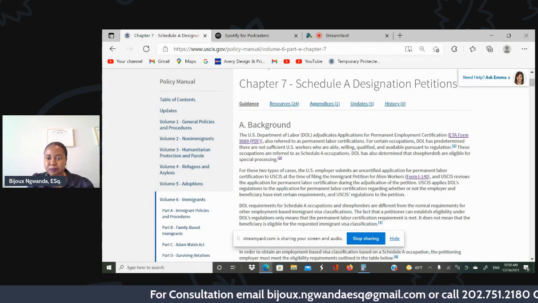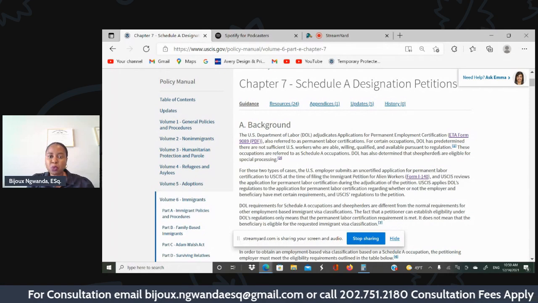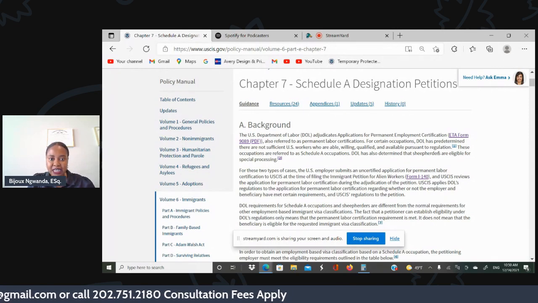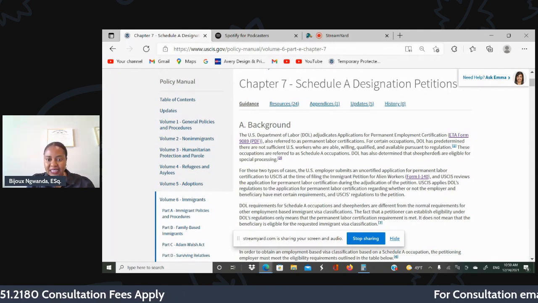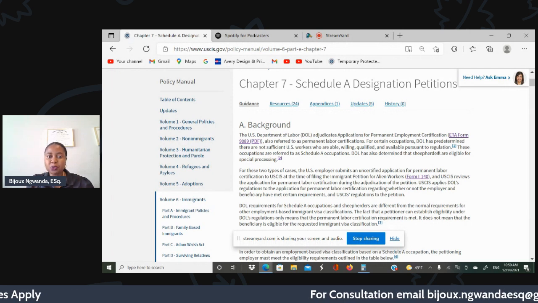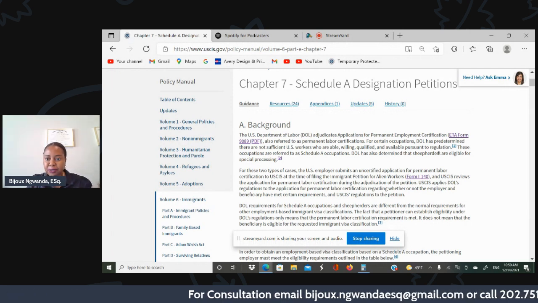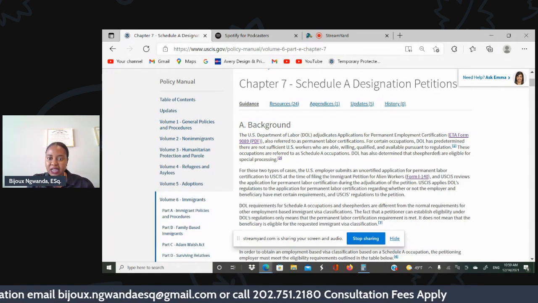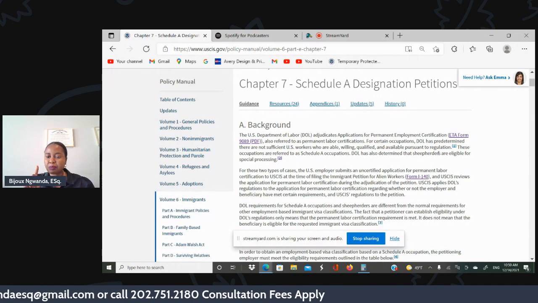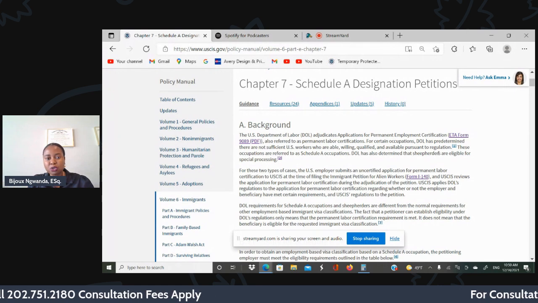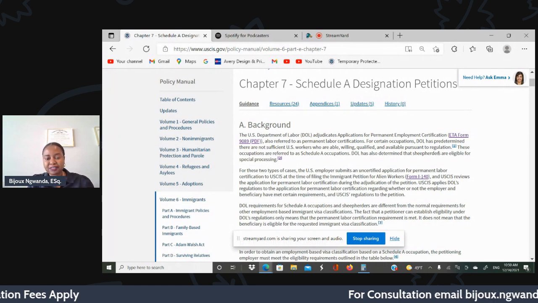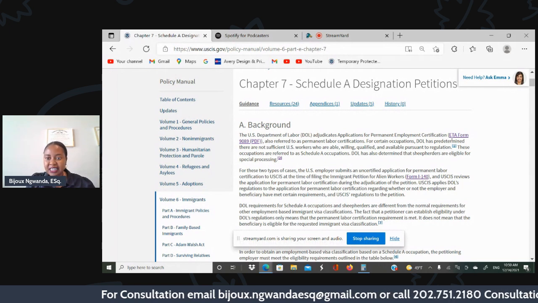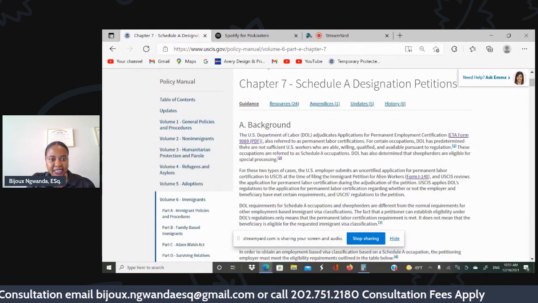It simply means this. In order to get an employment type of petition approved, you first have to go to the U.S. Department of Labor. But in certain employment, the U.S. Department of Labor has already predetermined that there are no sufficient U.S. workers available, willing, qualified, pursuant to that regulation. So you don't have to go through the labor certification requirement. What you do is you just fill out the ETA form, the Form 9089.